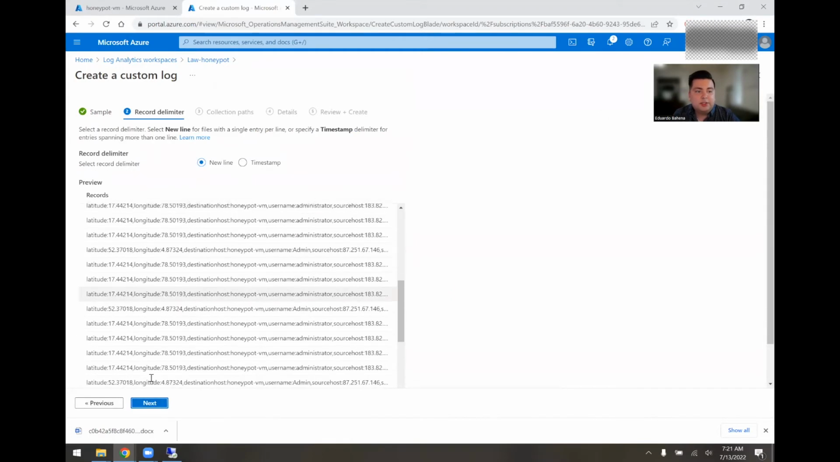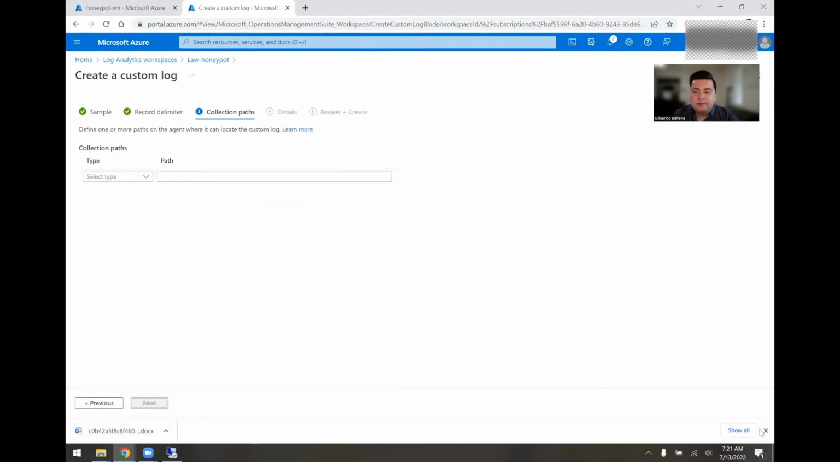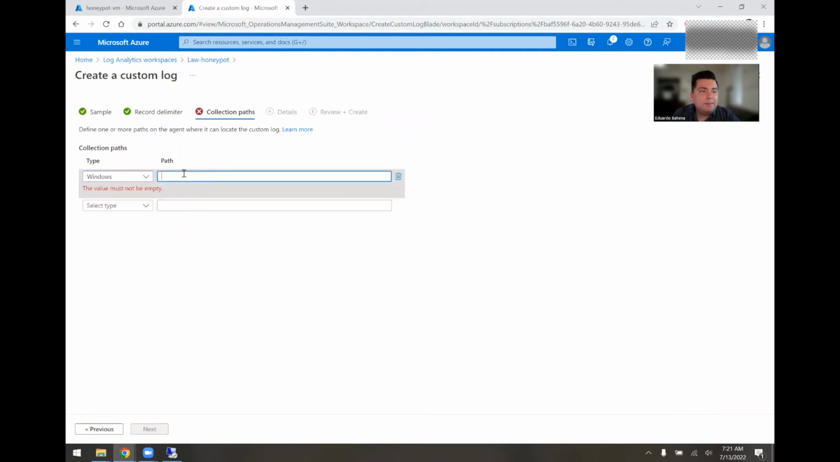Okay, and it just shows us the information that it picked up from that file here. And so now we're going to select the path. We're going to select Windows. This is going to be for our virtual machine. So we're going to hit C:\ program data. So that was that file directory that we just got earlier. And then we're going to hit failed underscore RDP log